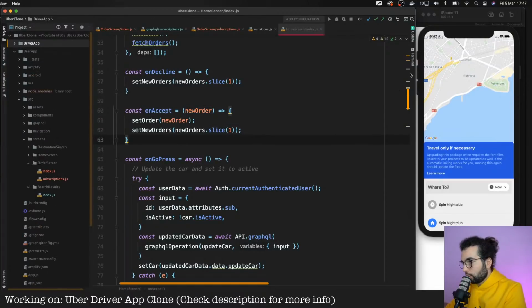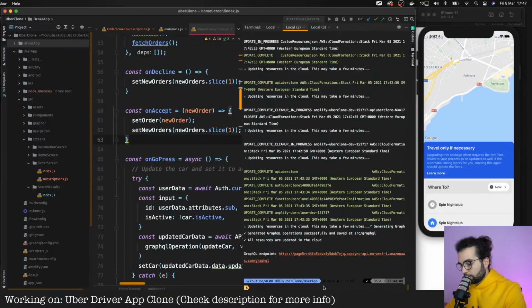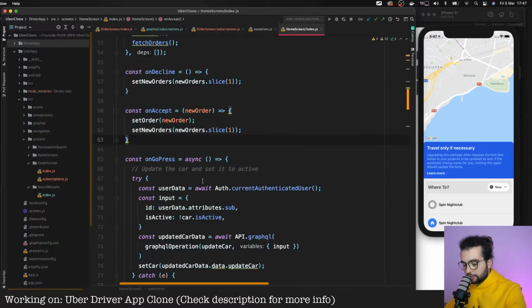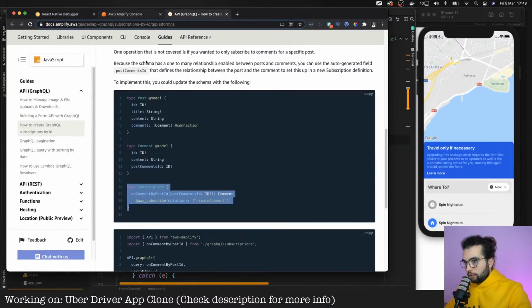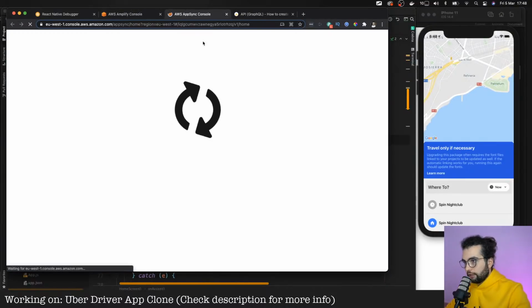And right now we're gonna follow with just updating manually the order from the Amplify console API, and it will open our console, and we can update it there. So we simulate an update that is coming from the driver. But then later in the video, we're gonna move there and finish it there as well. In Amplify console, we have here the API. Let's open it in AppSync.